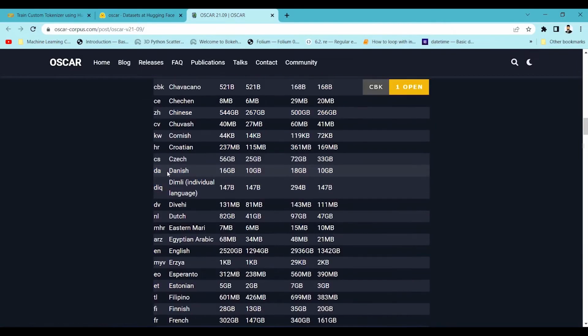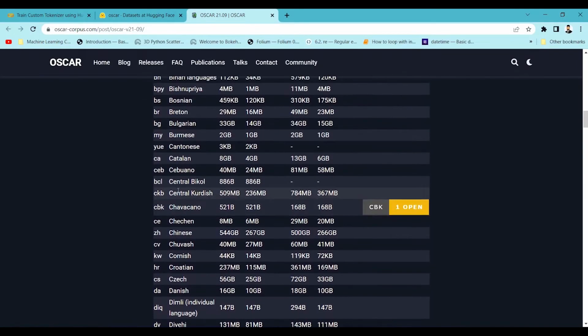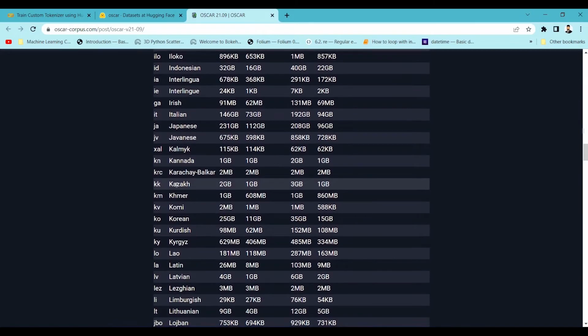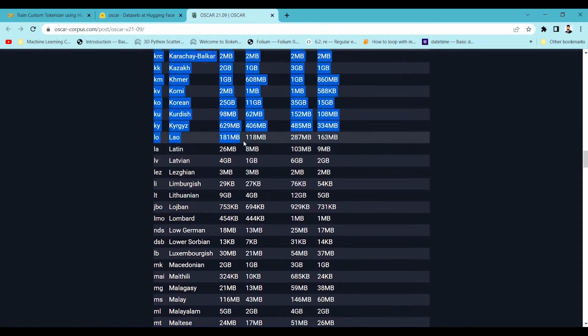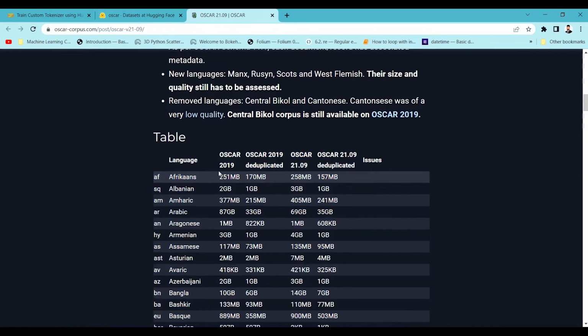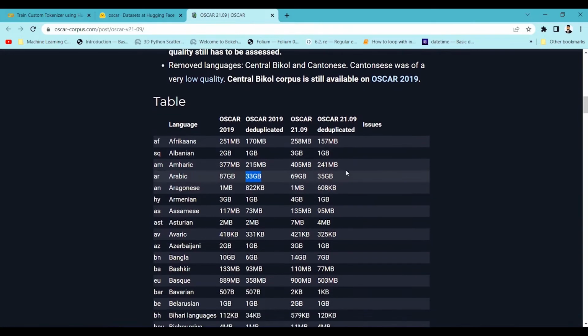So if you go to this Oscar site, you can see there is a LA, which will specify that it is Latin. So you can see it's Latin, and here is the size of this particular data set. So you can see there are a lot of data sets available. There is a lot of text available for Arabic, like 33 GB of file is available, and